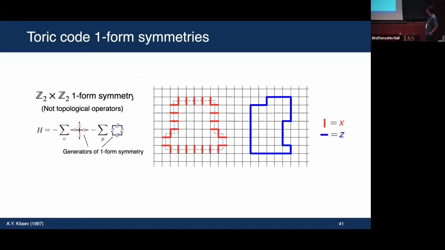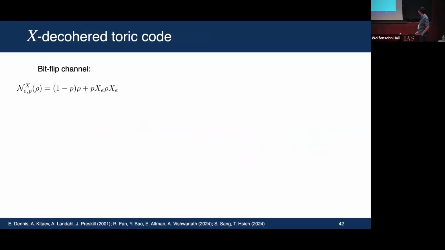Okay, so we can also think about the model from the symmetry perspective. Instead of thinking about excitation, we think about the symmetry of the ground state. And here I use a one-form symmetry in a non-topological way, so I don't demand the one-form symmetries to be topological operators. The two terms in the Hamiltonian are basically generators of the one-form symmetry. One of them is the product of X operators along a path on the dual lattice, and the other one is a product of Z along a path on the lattice.